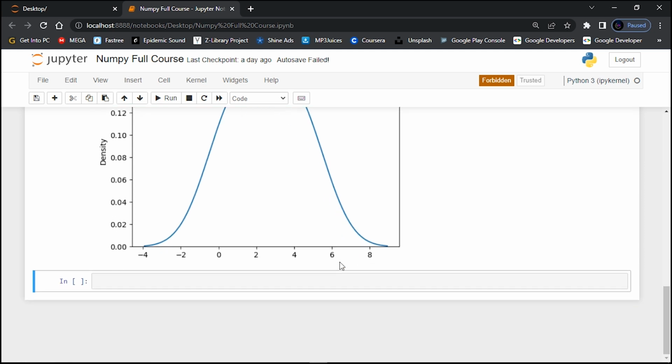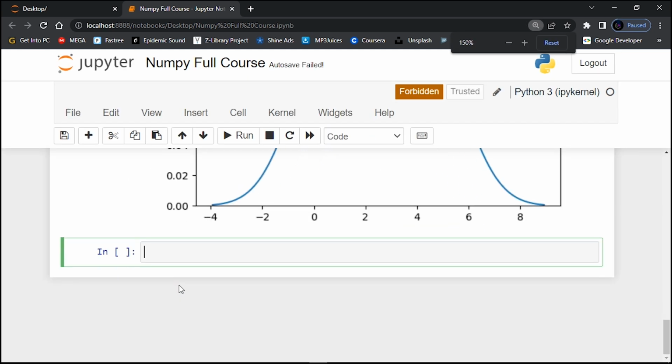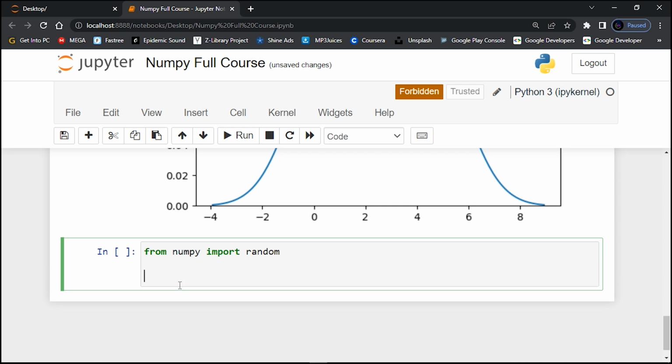Without further ado, let me show you that. First of all, let me zoom in. You have to import the modules. So from numpy import random, and then let's create our object with a variable. Any other variable you can use, but use a descriptive name. I'm teaching, but for you, ensure that you use descriptive names. So let me say random.normal,